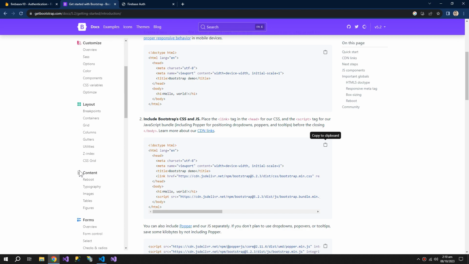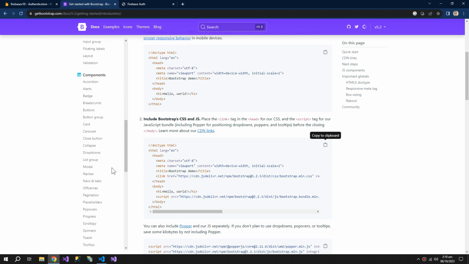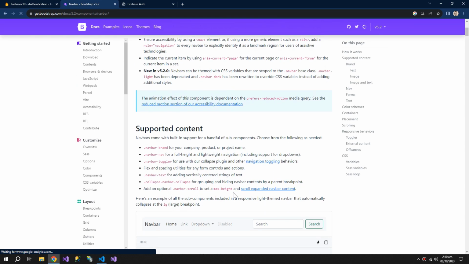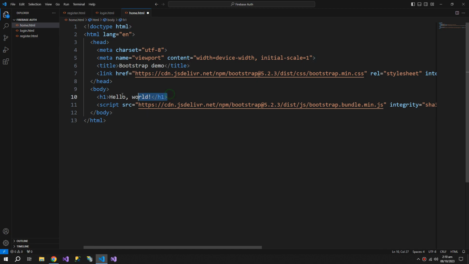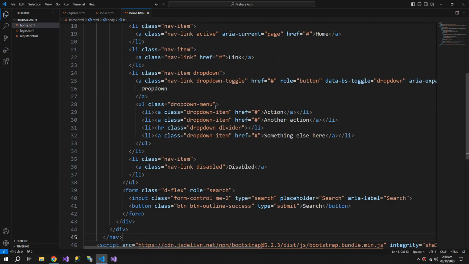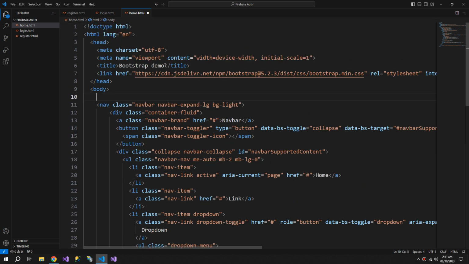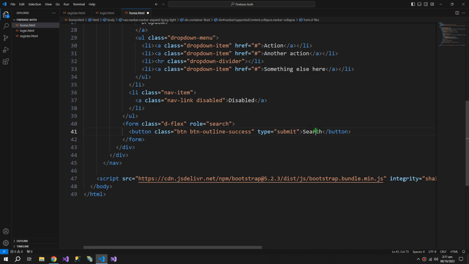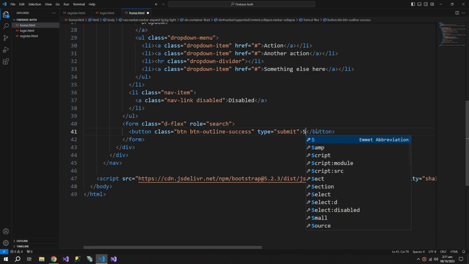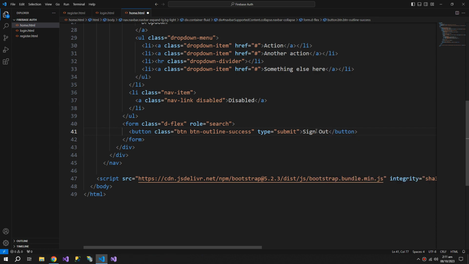and another thing is I need a nav bar because the sign out button is usually within the nav bar. So I'm gonna paste the nav bar here, change this to home, and I don't need the search bar, and this would be sign out, and we will change the type to button, and I will define a script,